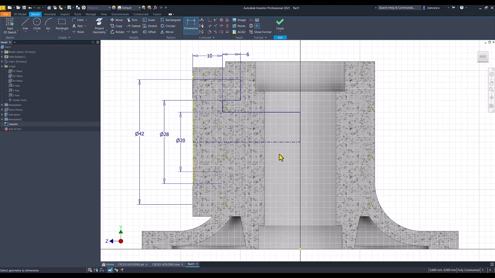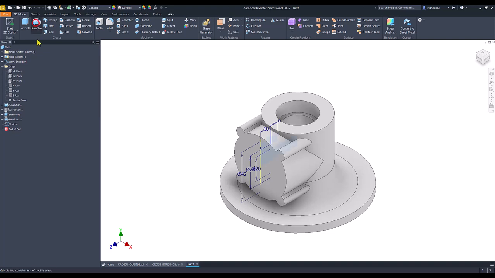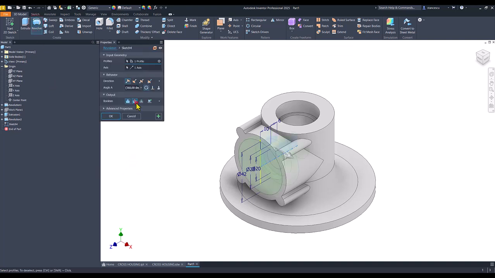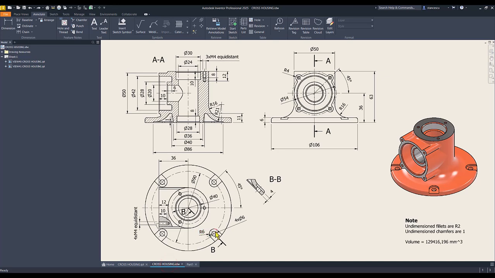Fully constrained sketch. Finish, revolve, cut. We have only one area, no problems. These two are by default. Okay, now this